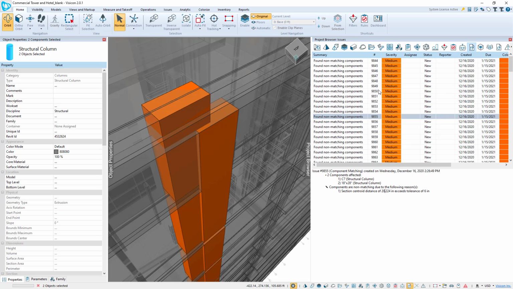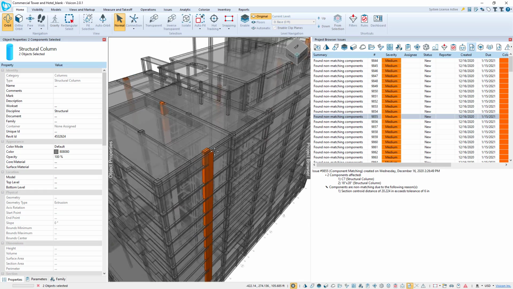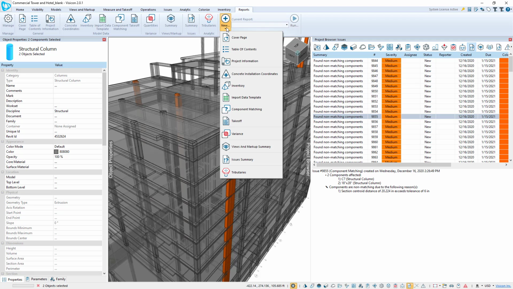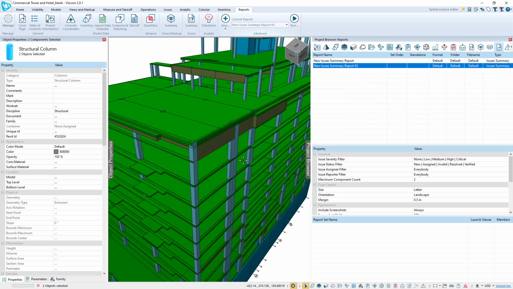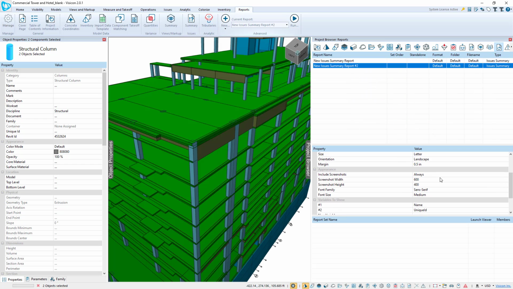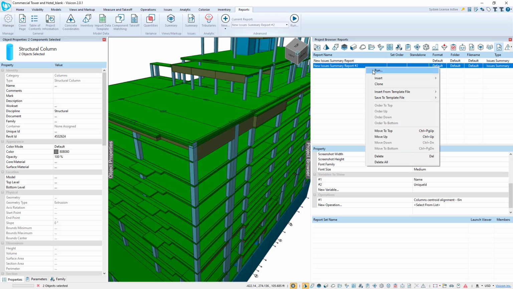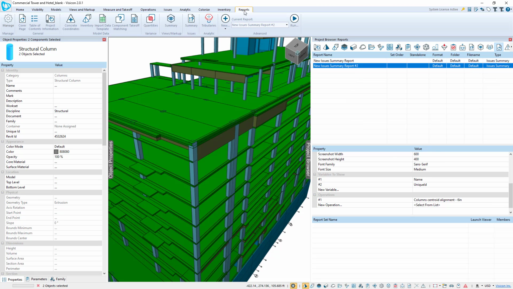I had addressed how we actually display or export this information into a report. We're going to go to Reports, New. We're going to go into our Issue Summary Report. And we're going to scroll down and limit the writing of the report to only this last operation, which was column centroid alignment 6 inches, and run this report. You either run it by right-clicking and running here, or with the report selected and then the reports ribbon above,